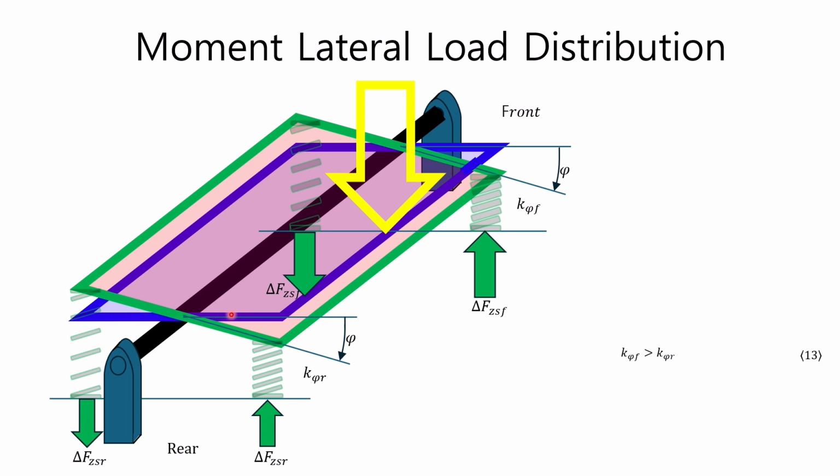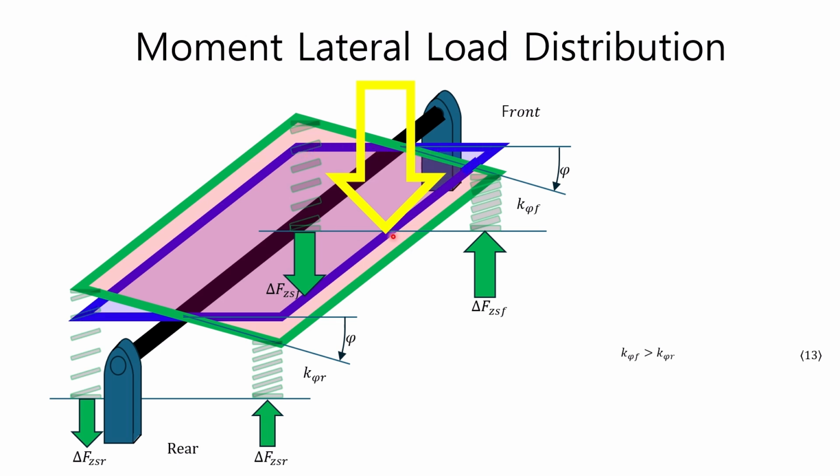In addition, a spring is attached to each corner of the rigid rectangular body. The spring constants of the two springs in the front are the same, and the spring constants of the two springs in the back are also the same. As shown in equation 13, we assume that the front spring constant has a larger value than the rear spring constant. When no force is applied to the rigid rectangular body, it remains horizontal with respect to the ground, as